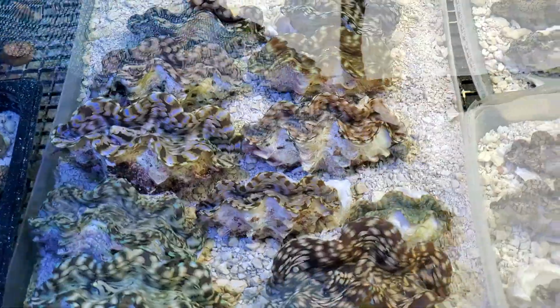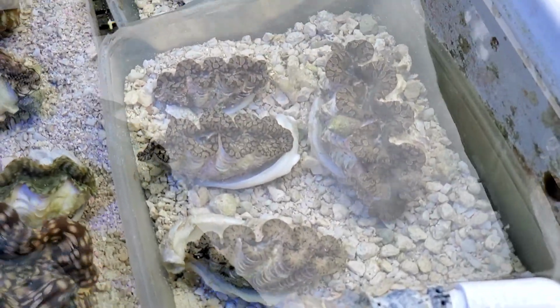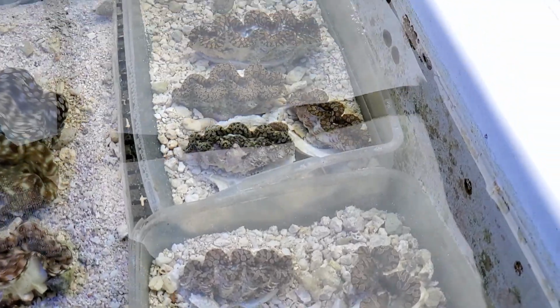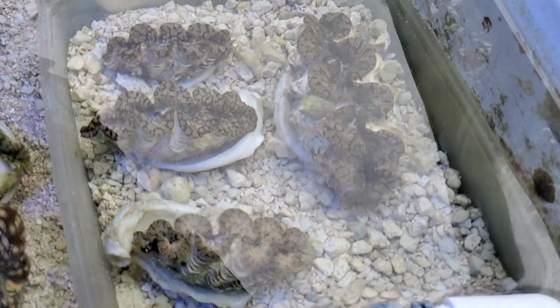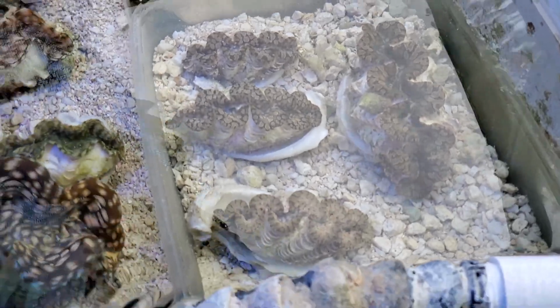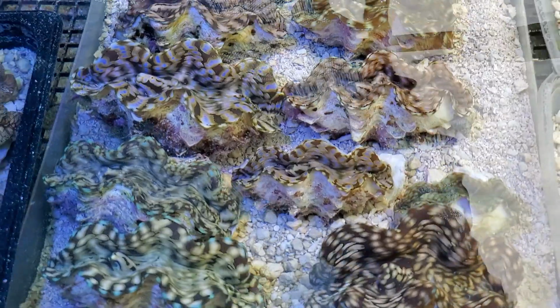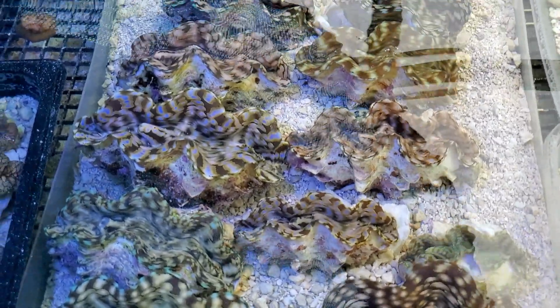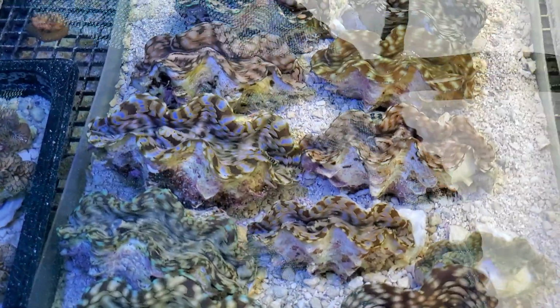We usually always have a good selection in stock. The teardrops are definitely something a little more unusual. Every once in a while we get some crazy colored teardrops. Those are definitely rare, or some really crazy colored squamosas, like all blue. There's some of them in here that have a lot of blue in them. It's kind of hard to see the color out